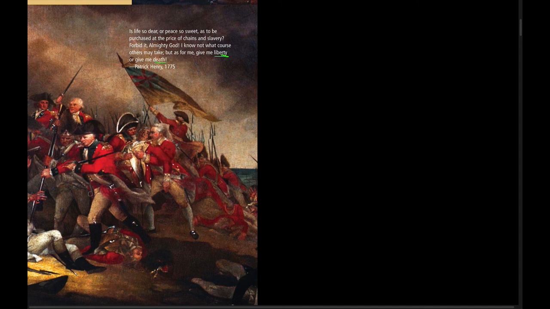In this picture, you'll notice some faces that may perhaps look familiar. I recognize a few. Others I would have to research and compare to some portraits. But in it, I see Thomas Jefferson. I see George Washington. I think this looks like John Adams. I would have to double check. But you look through the faces, and it's the faces of our founding fathers. In this picture, you see liberty and you see death. Where do you see death in this painting? You see the fallen soldiers? And also, where do you see liberty? I see a patriot proudly holding up the flag.